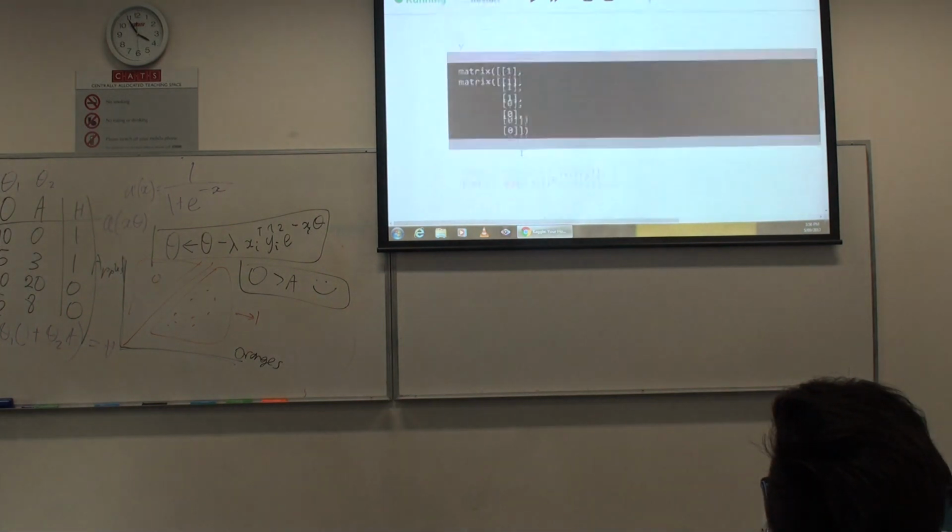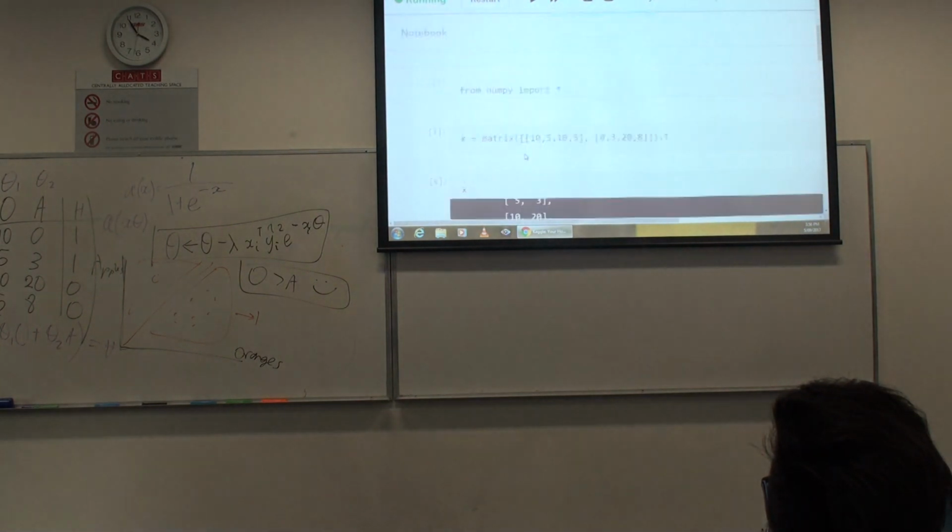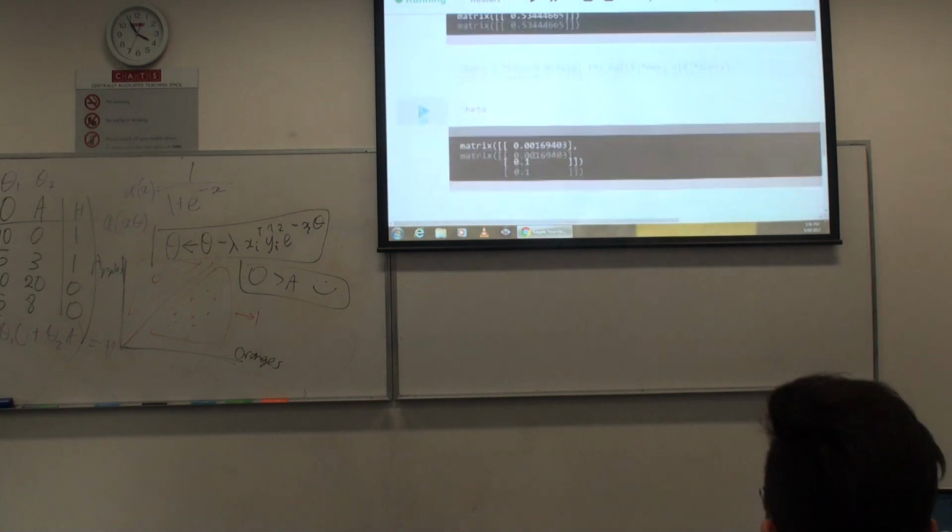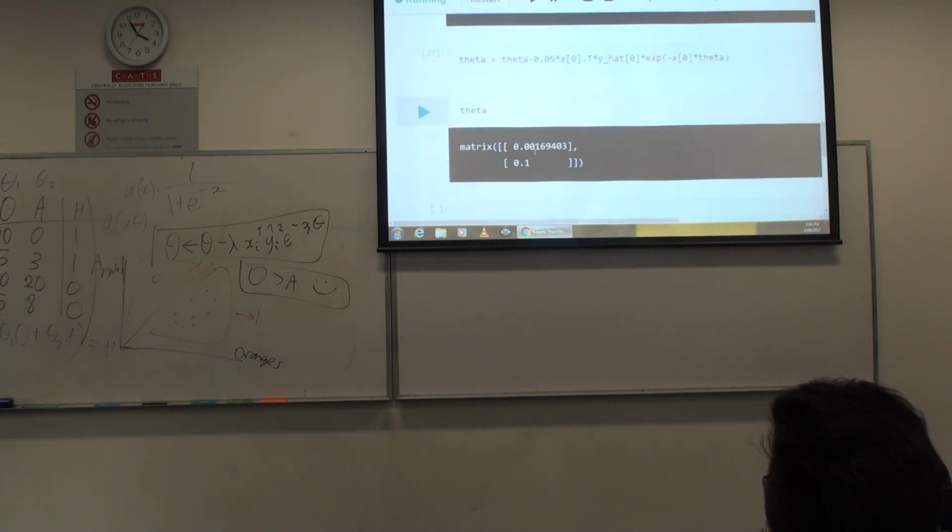What was the old theta? The old theta we did was 0.1, I think. 0.5 and 0.1 and 0.1. Yeah, some number, right? And so we updated it. So this is the update. And to update for each one, we use a for loop. So we keep updating. So for n, the number of updates, in range 1,000, let's